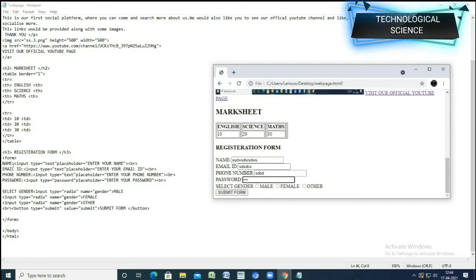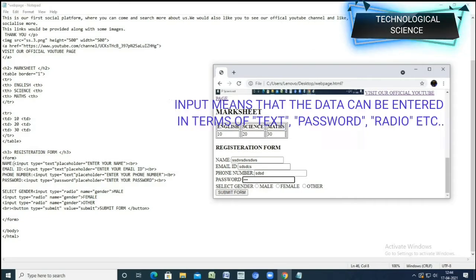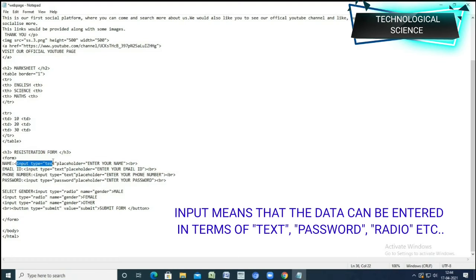Okay, so as you can see here it is written name, so it indicates this thing, name. And when I have to create a form, for creating a form, as you can see here, you have to create an input. So input basically means that you are creating data for it. So name, input, so the input type is text. Then you have understood, it is written placeholder, and enter your name, like it is written here, and then it is a BR. So basically it means the name of the person.